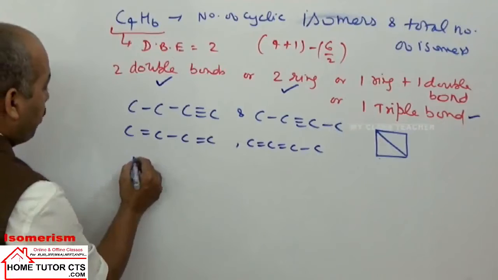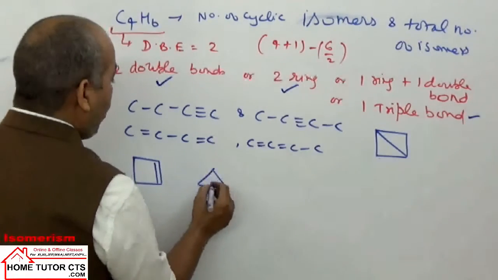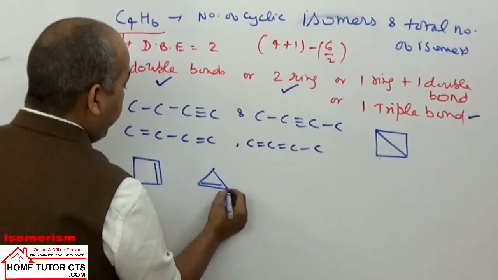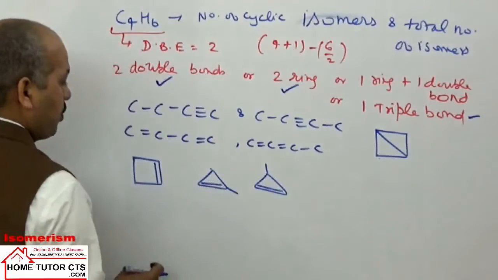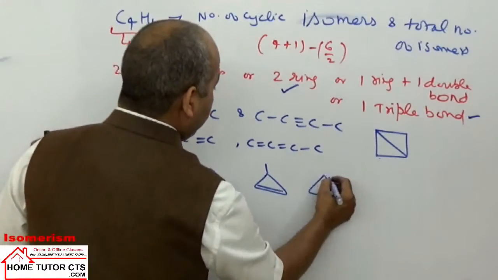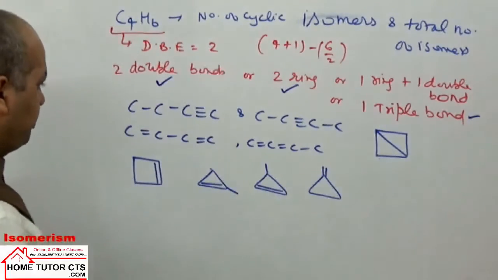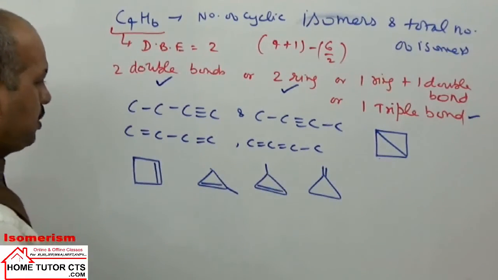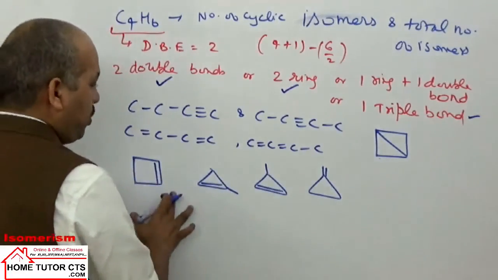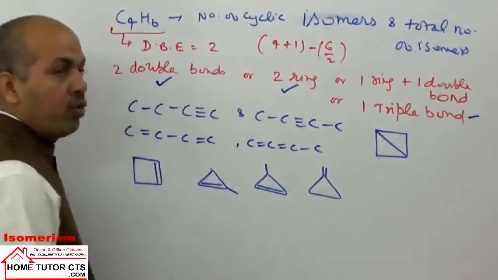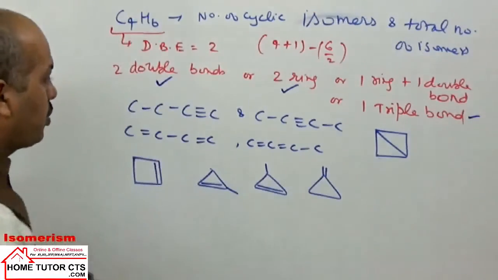So we can have a 4-membered ring with 1 double bond, or we can take a 3-membered ring. Now we can have the double bond in this position, and then 1 methyl group. Or we can put the double bond here, methyl group in this position, or methyl group in this position. Okay, we have the identical positions. This is one only, cyclobutene, or methylidenecyclopropane, that we can write here, and it is a bicyclo compound. So that is the answer for this question.